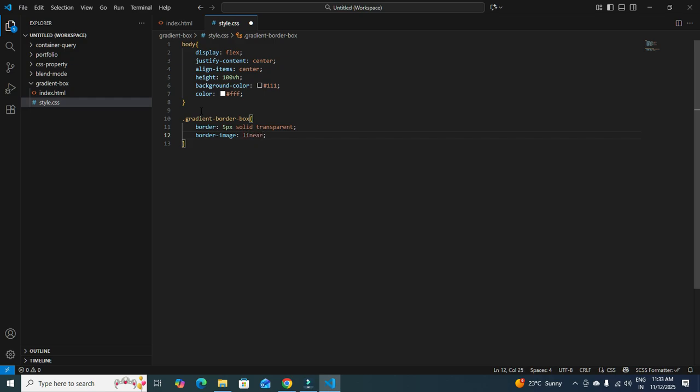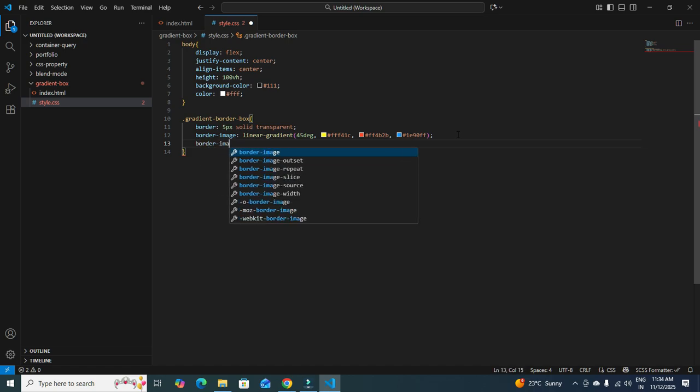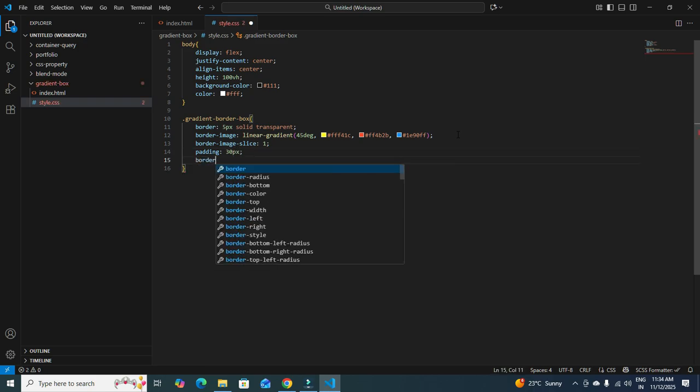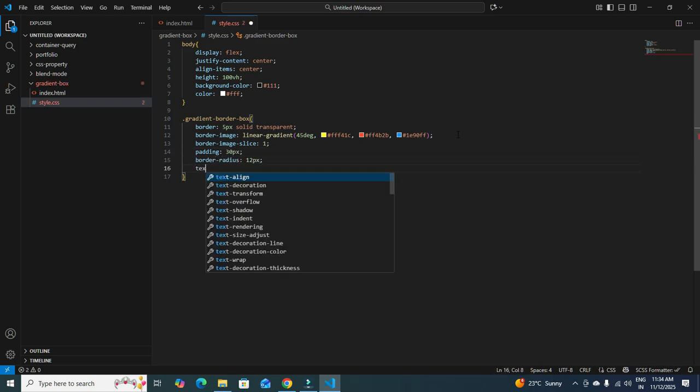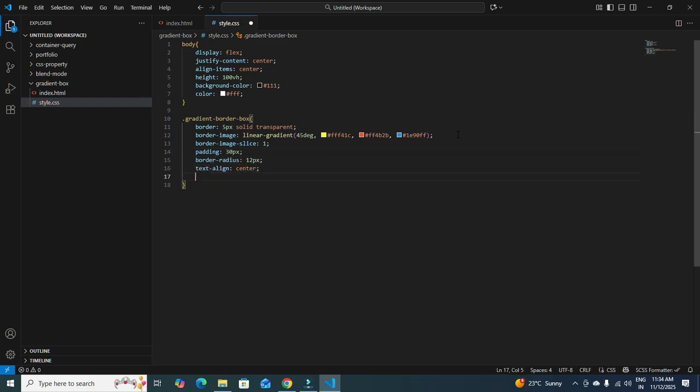Linear gradient 45 degree and add 3 colors. Okay, I'm adding any random colors. Okay, ff4b2b. Okay, and the third one is 1e, so it's showing green. Okay, done. Now add here border-image-slice 1, and add padding 30 pixel, border radius 12 pixel, text align center to center the text in the box, and